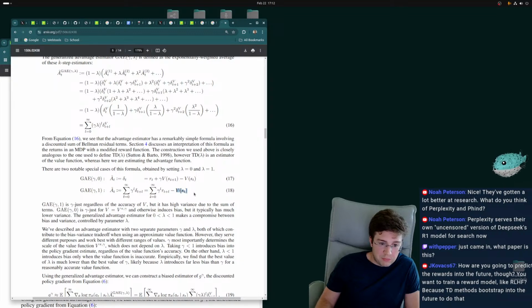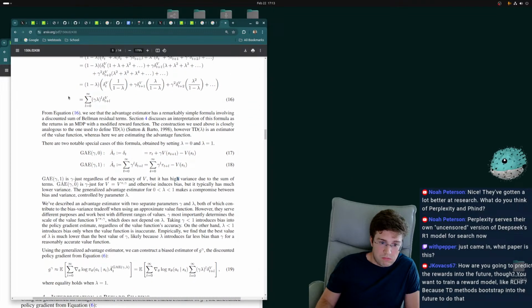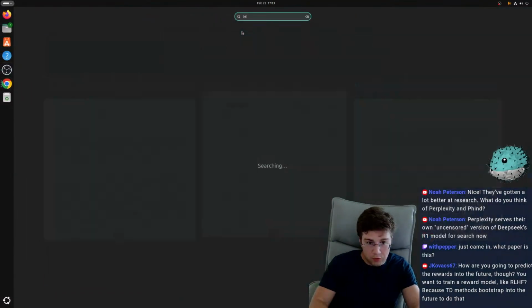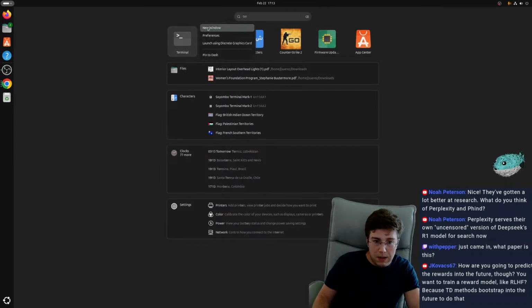So if I just predict the value function out at each step into the future, doesn't that just give me more information? And I don't need this gamma parameter anymore? I think it should. I mean, we can start implementing it a little bit, right?